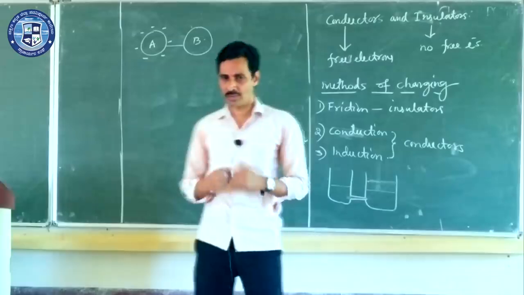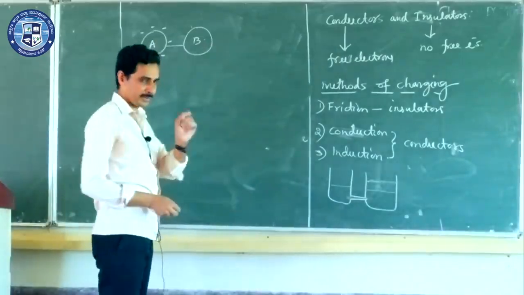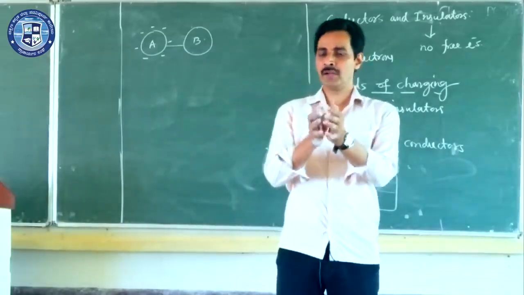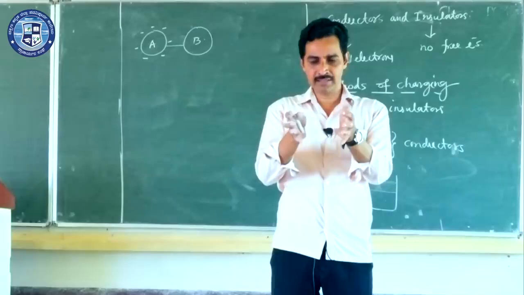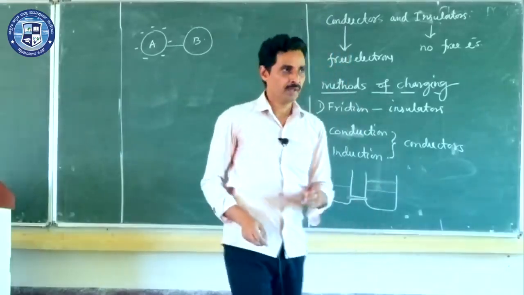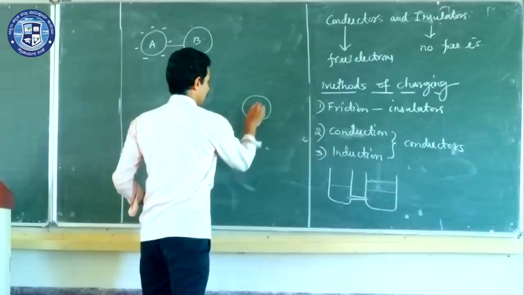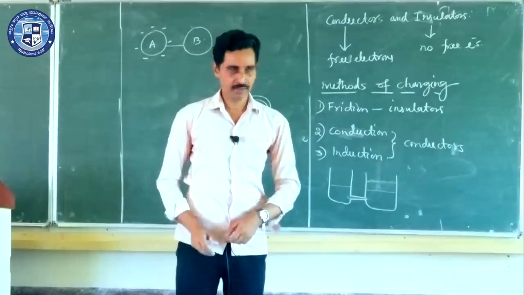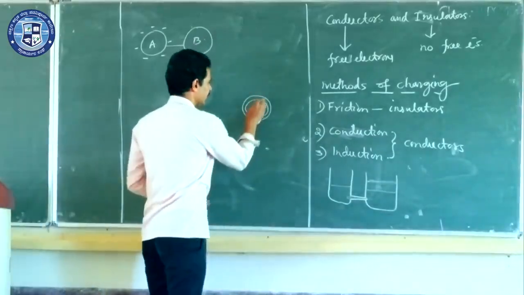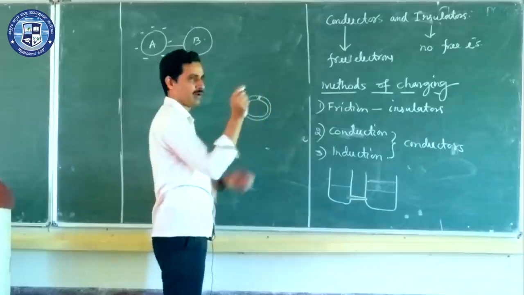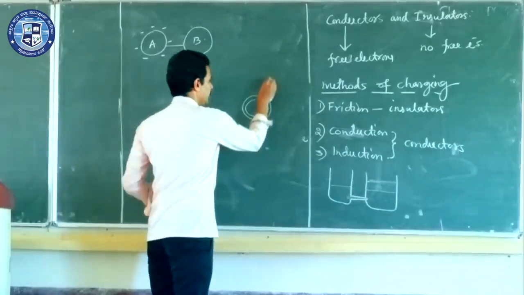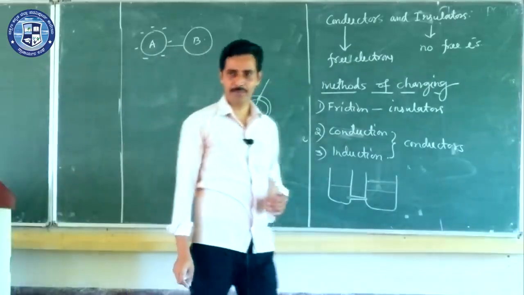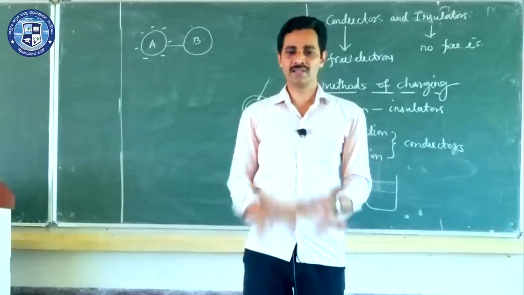Now when they are brought in contact, one property I have to explain here. In a conductor, charges always come to the outside part. They always reside on the outside surface of a conductor. For example, take a spherical shell, hollow inside and made of metal. I make a small hole, take a very small stick and charge it, and put these charges inside. Now will they stay inside? This is another property of charge. Charges always reside on the outer surface.